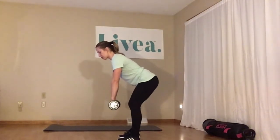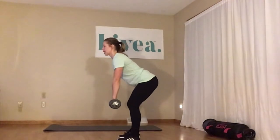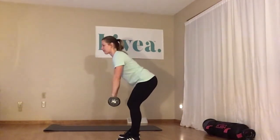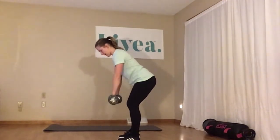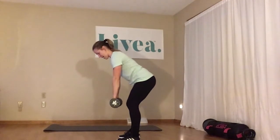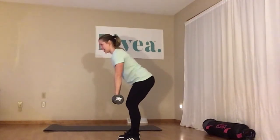Reaching over the toes. The weight is down to start. We're pulling up, pinching between the shoulder blades. We have 15. That was 1, 2, 3, 4, 5, 6, 7, 8, 9, 10, 11, 12,